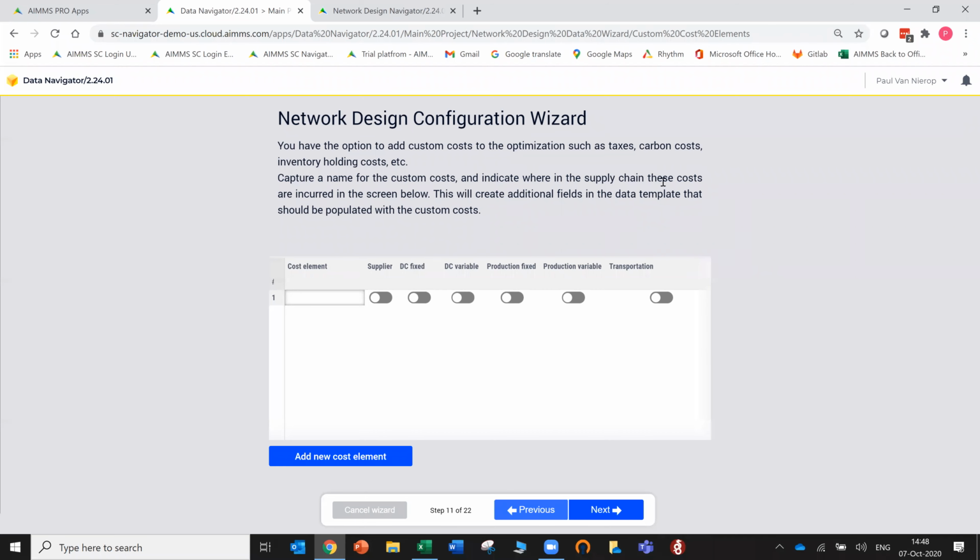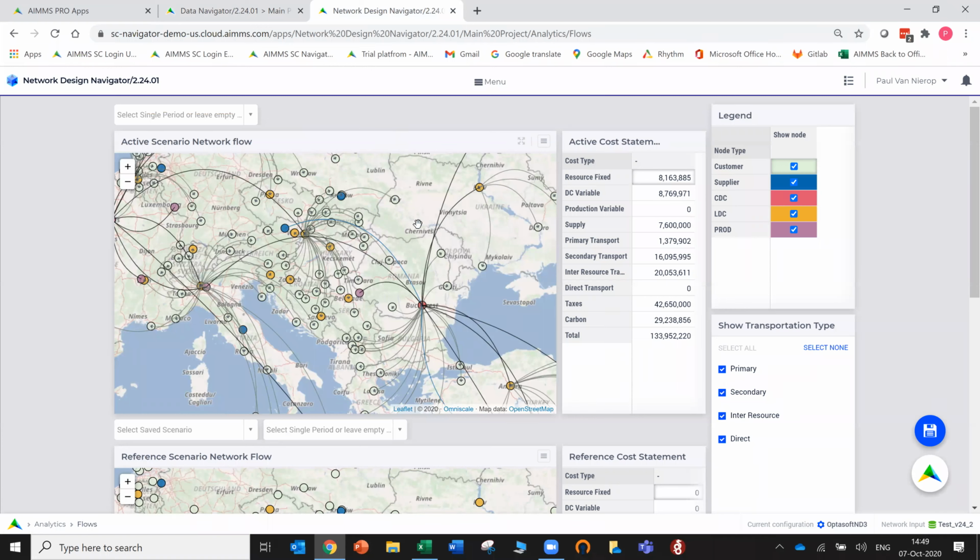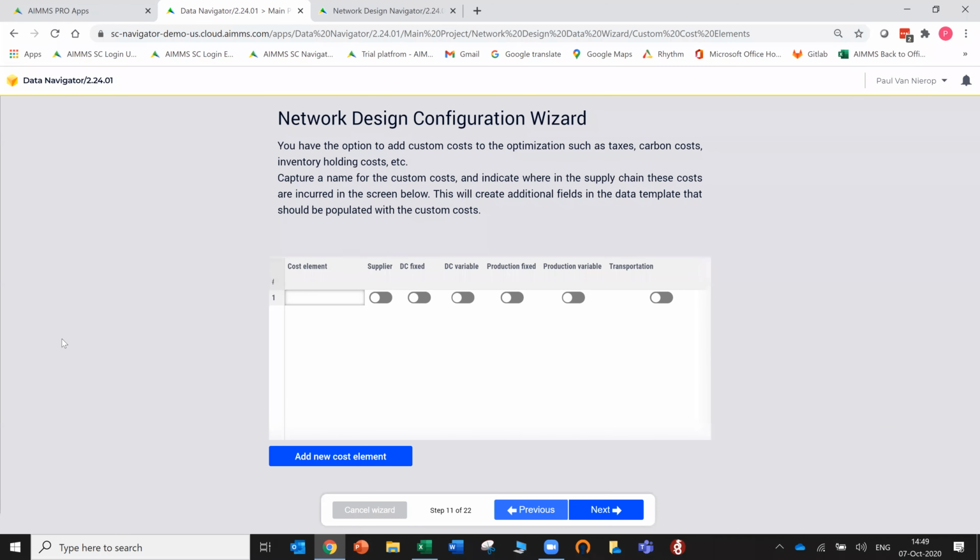Welcome to the short demo video of new functionality that we've recently added to our network design application. This functionality is coming out in our next release, and it deals with the ability to add custom costs like taxes and carbon costs into your objective function when you solve. So you don't need to optimize only on physical costs any longer, but can add these custom cost elements into your problem